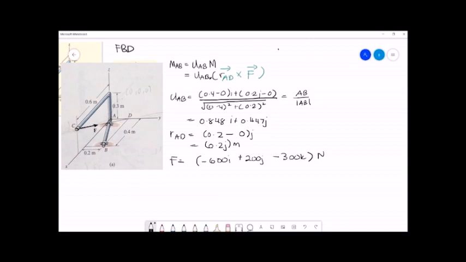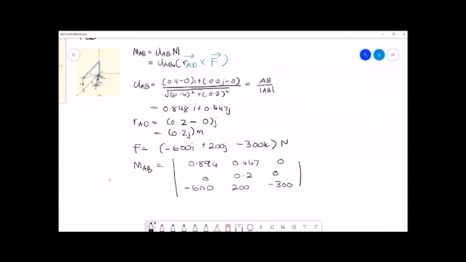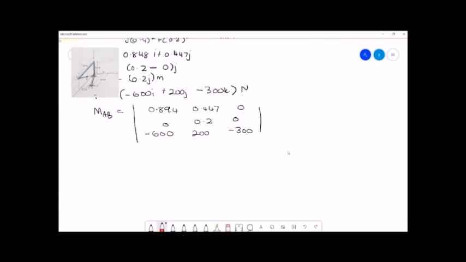Therefore, writing the formula, you will get this determinant form. Refer 0.894 as i, and then 0.447 as j, and then 0 as k. So you can expand your determinant in this form. Now you are able to write the expanded determinant form, which is